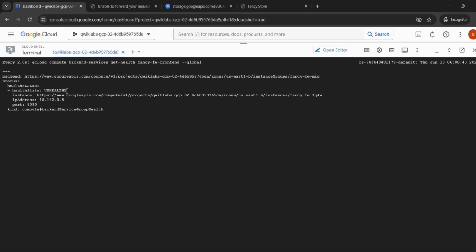So here you will get two services, and their health state will be unhealthy. We have to wait until the health status becomes healthy. Once the health state becomes healthy, we can leave this step and move ahead in the lab. So wait for a while.